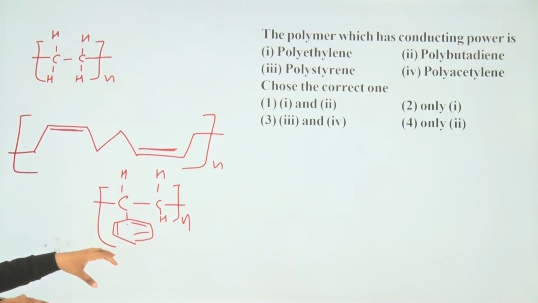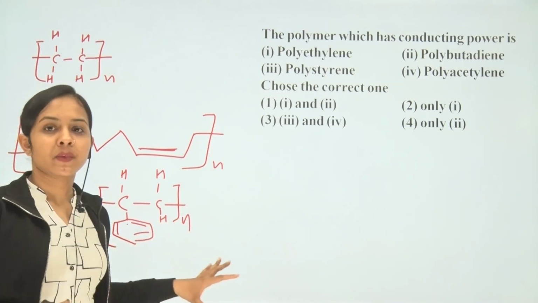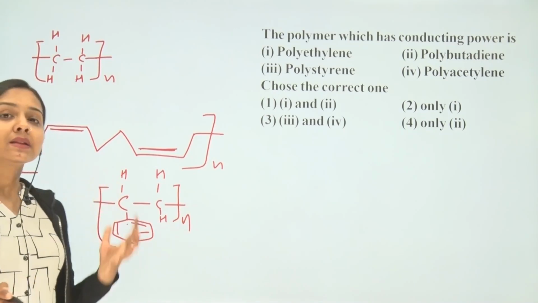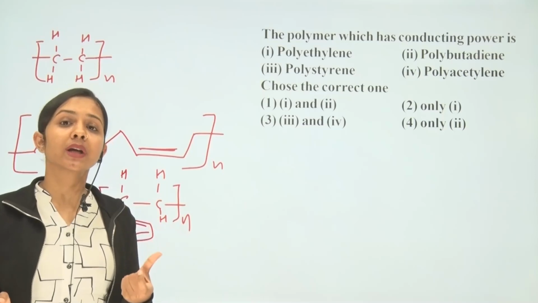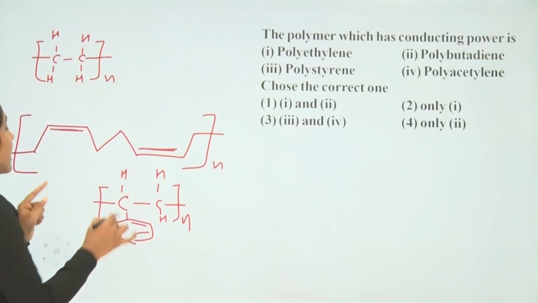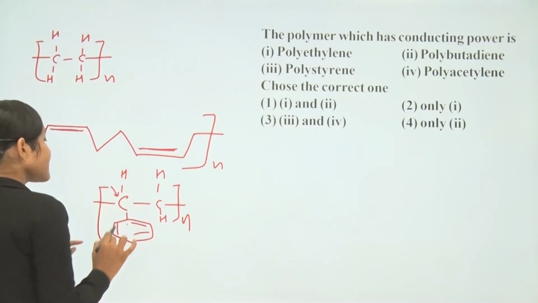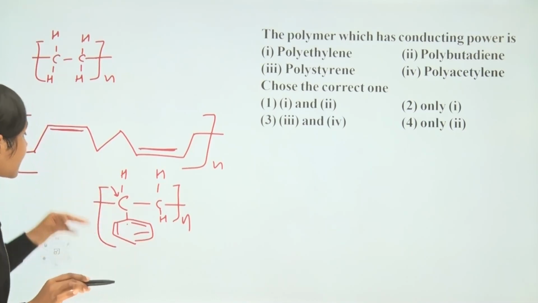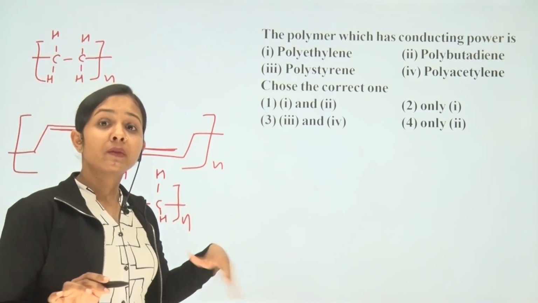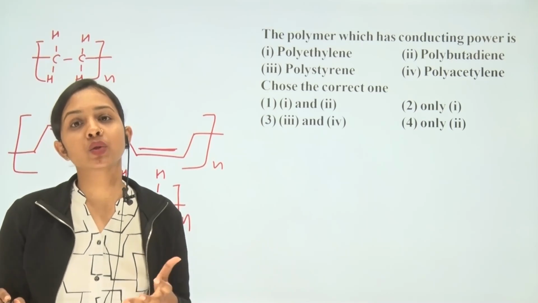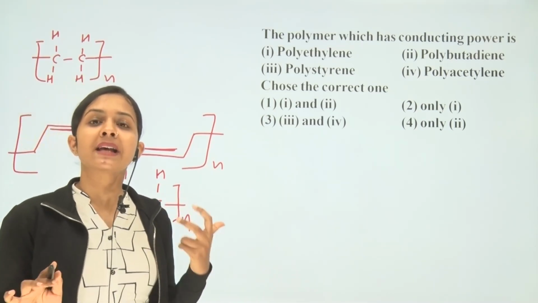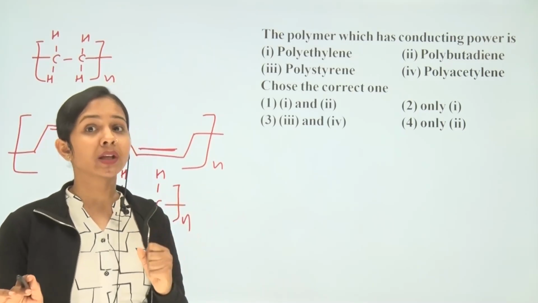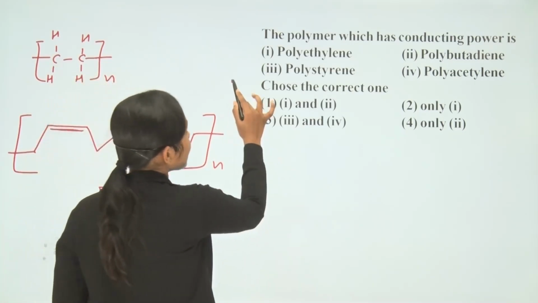Students, you can see this is the polystyrene, right? In this polystyrene, benzene rings are present, which have a conjugated system also, and here a stable carbocation will form at this carbon atom. So that's why this compound will readily undergo chain growth polymerization, right? So that's why this polystyrene has conducting nature, so it can show its conducting power, right?